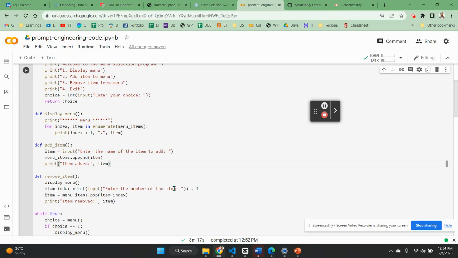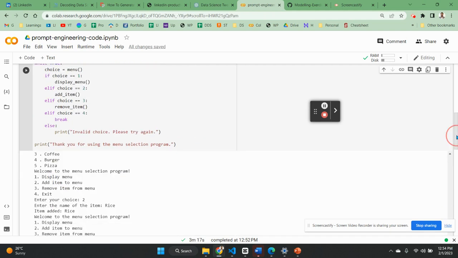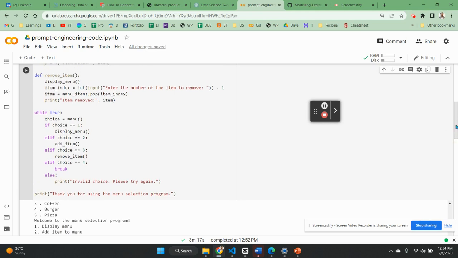Similarly, to remove the item, enter the number of the item to remove. So this is more intuitive, right, for the user? Then we are going to print that particular item that has been removed. Similarly, after defining all the functions, we have to run a loop here for the selection of the menu. So we will run a simple while loop, right? While true, and the choice of the menu is equal to menu, and if the choice is equal to 1,